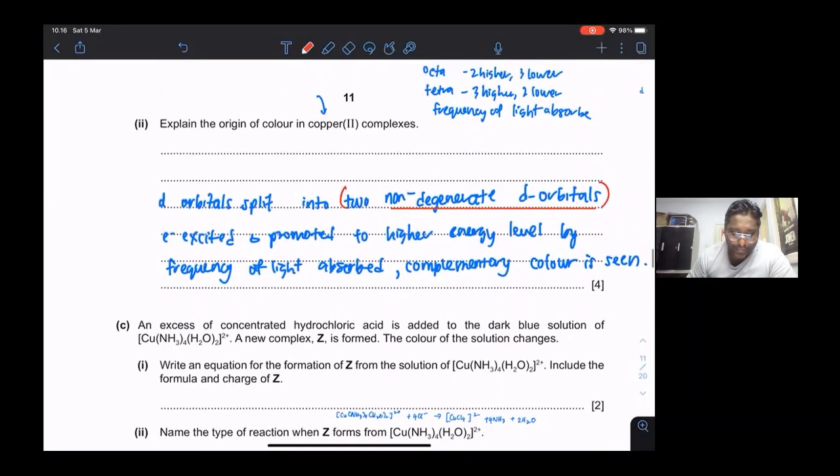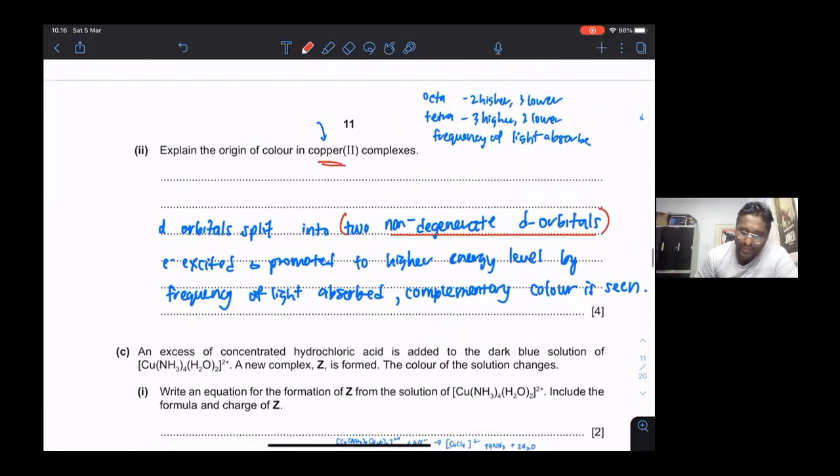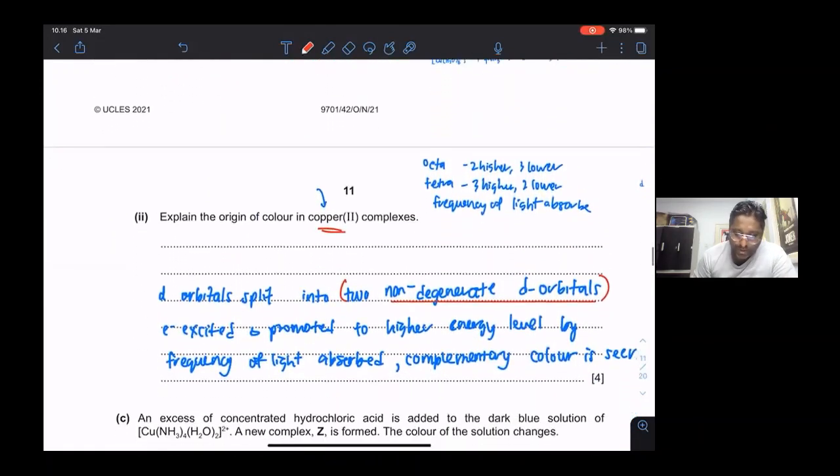Yeah, and do remember, copper 2 complexes are going to follow octahedral. And do remember, in the new syllabus, they have specified that for octahedral complexes, the non-degenerate d orbitals are going to have 2 at the higher energy level, and 3 of the orbitals at the lower energy level. So you can include that in your answer, which is going to be 2 non-degenerate d orbitals with